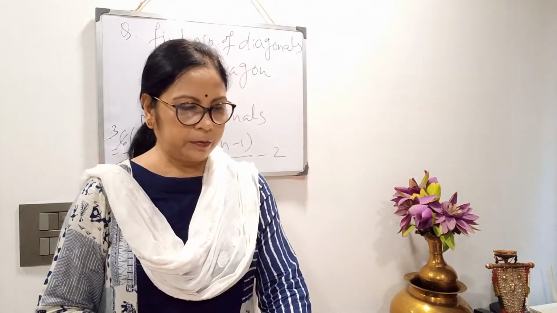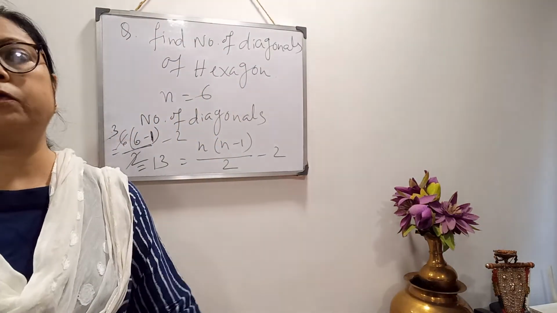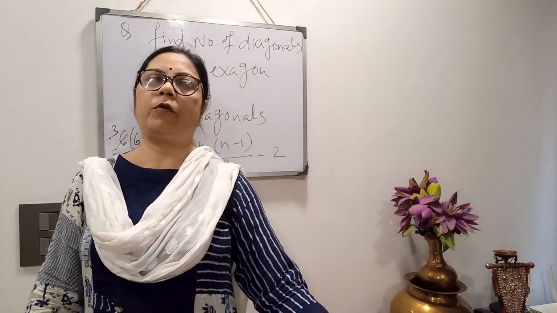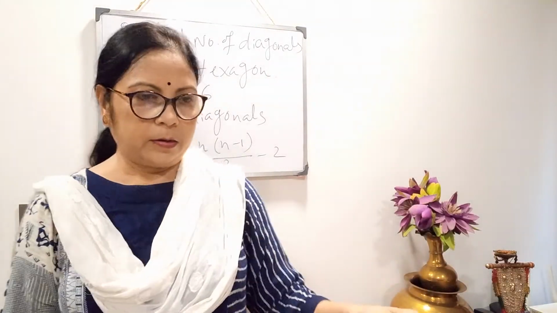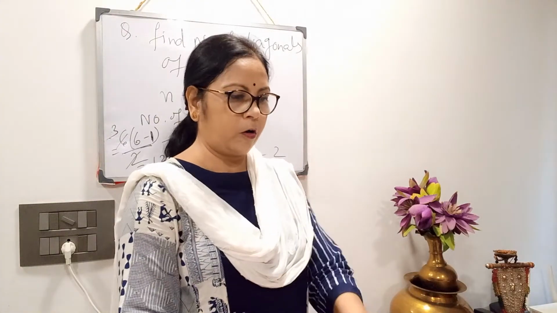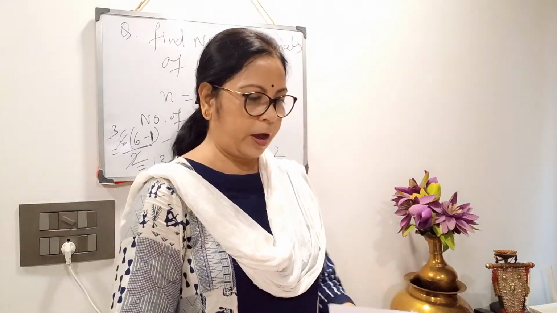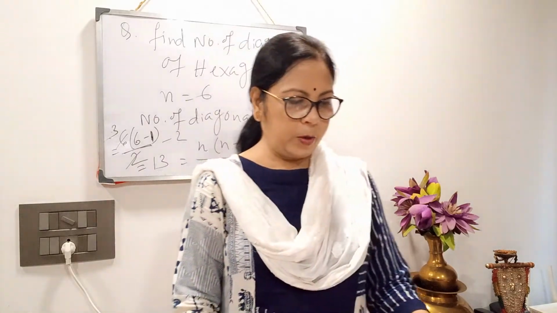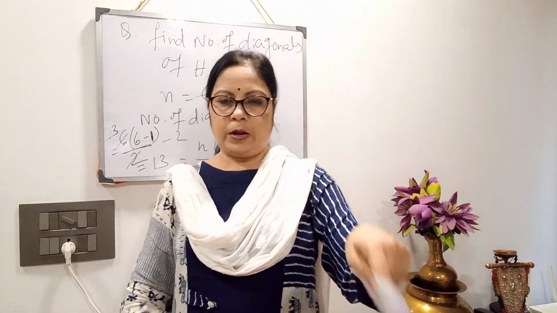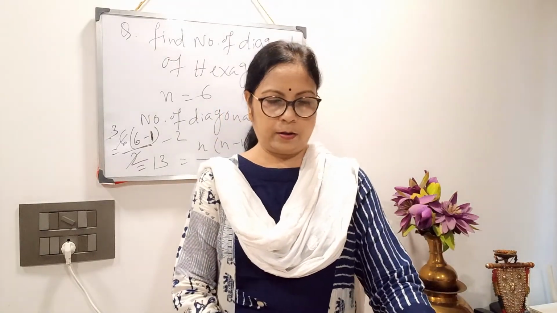In this way you can do yourself. So this was find the number of sides, find each interior angle, each exterior angle of a polygon, or each exterior angle given, find number of sides, or each interior angle given, find number of sides. If you memorize the formula, you can do it by yourself, no problem. Very easy sum, you have to practice it, okay.